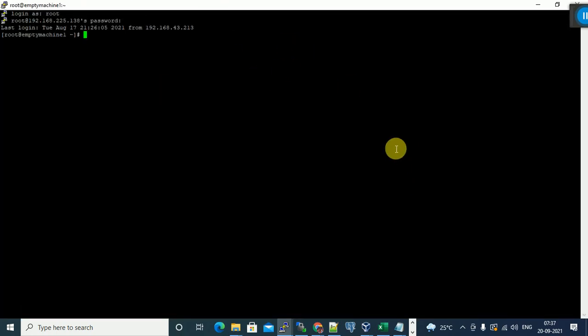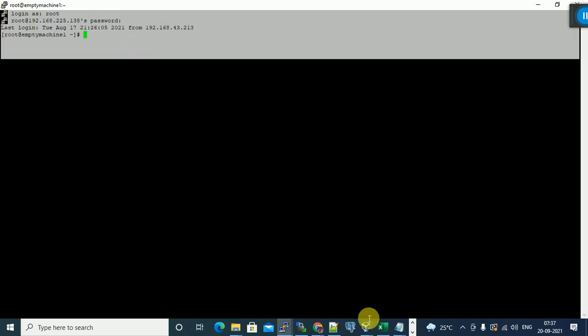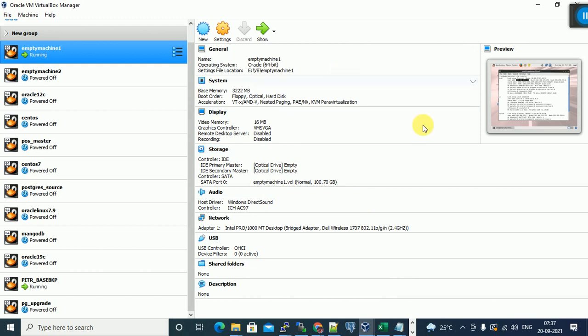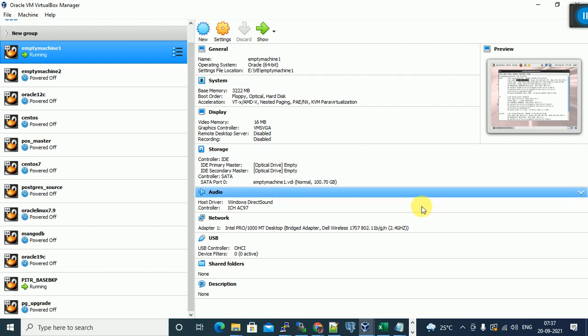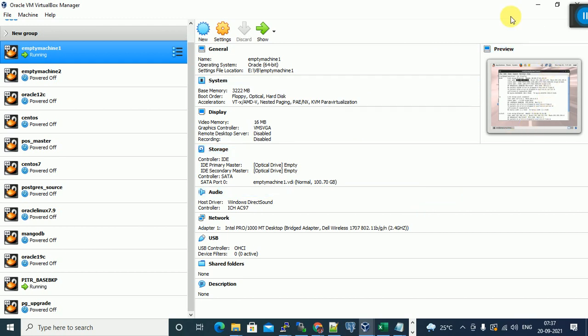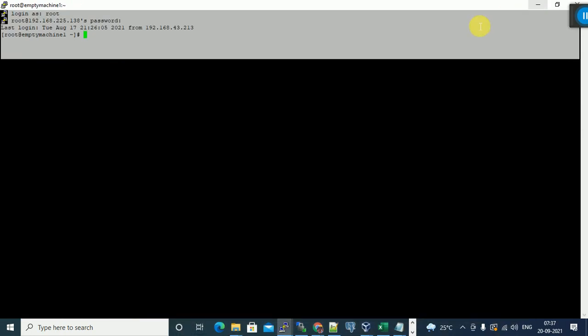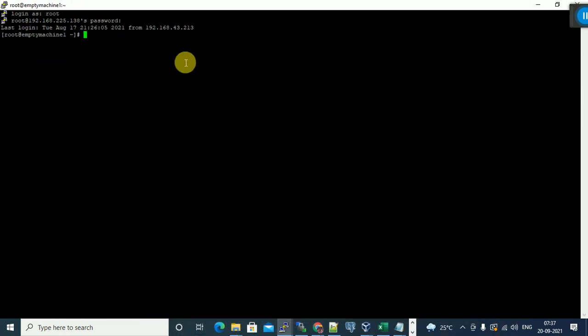You can say it is the same virtual machine we logged into from PuTTY. In real time, this is the software we use. The physical server is located at the client location. Suppose we are doing a US project. In one of the US cities, they installed and placed this virtual machine. They give an IP address in the office. This is the Linux machine server IP. You can connect and do the task.